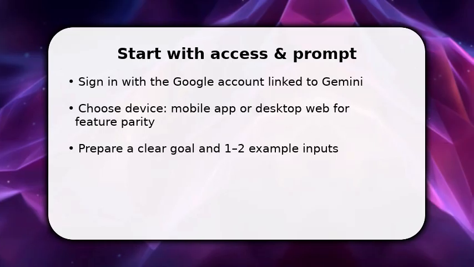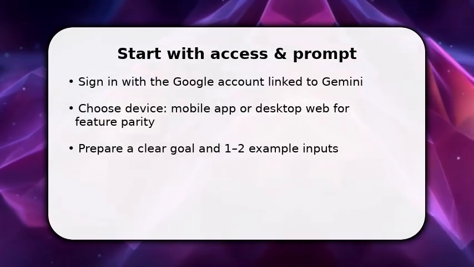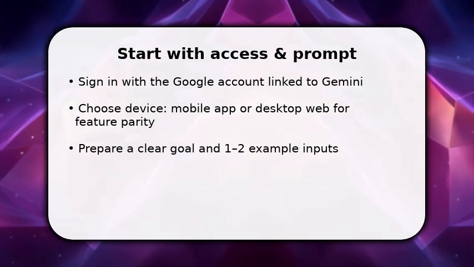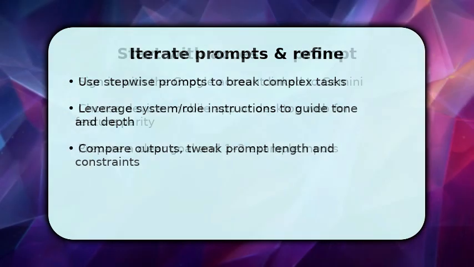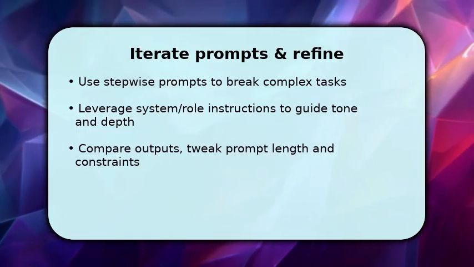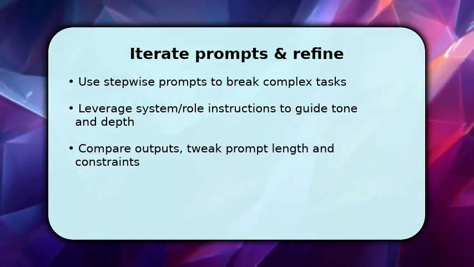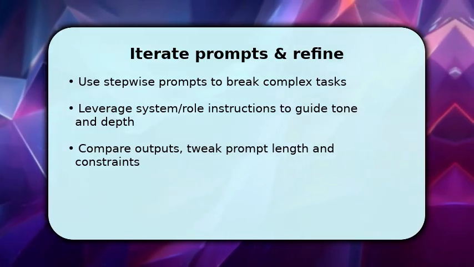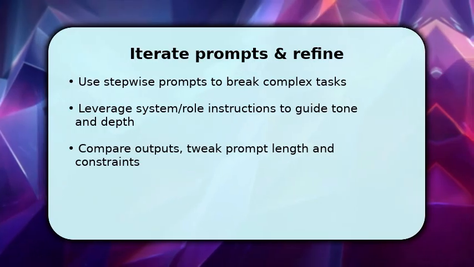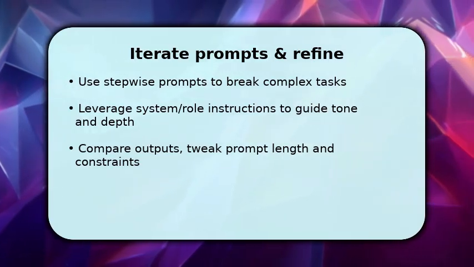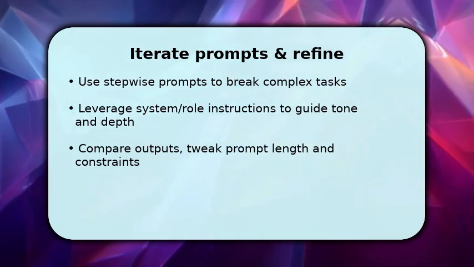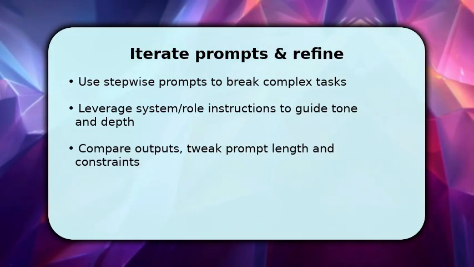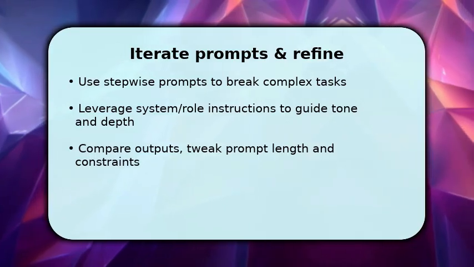Next, paste your first example prompt and label expected output briefly so the model learns context quickly and yields more relevant responses. Once you have an initial result, iterate intentionally. Split complex tasks into stepwise prompts so Gemini can handle each piece clearly. Make sure to include system or role instructions to steer tone, format, and depth. This reduces guesswork. Then compare 2 to 3 outputs, noting where accuracy or style diverges, and adjust prompt constraints like